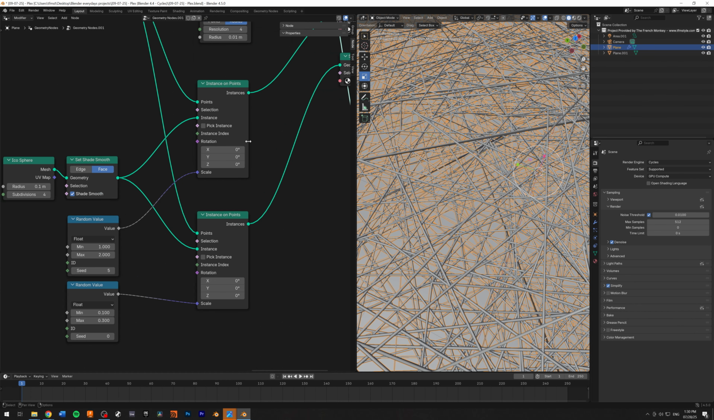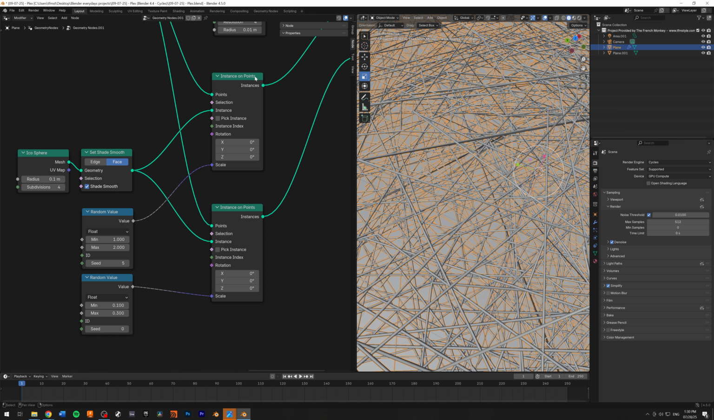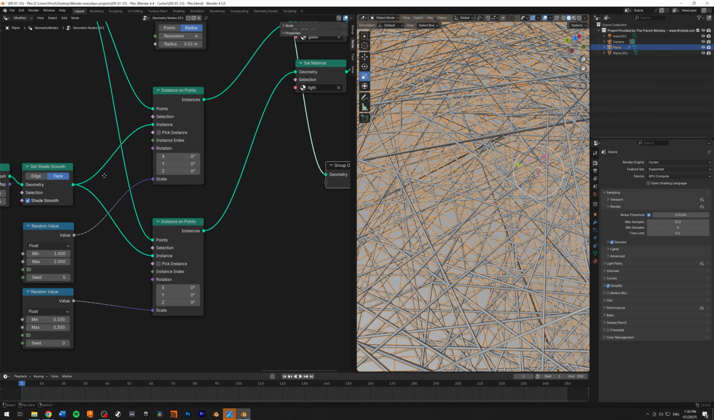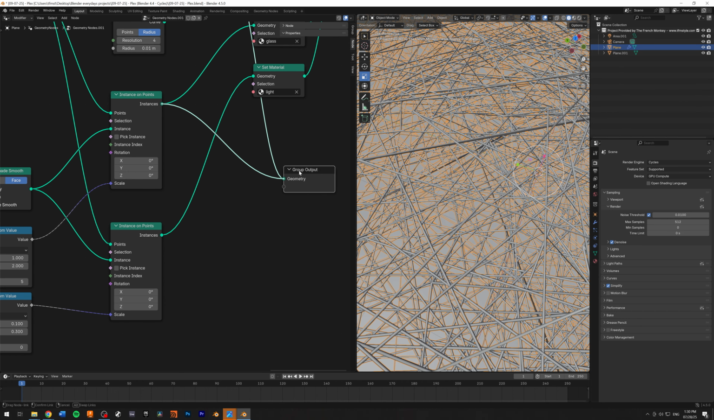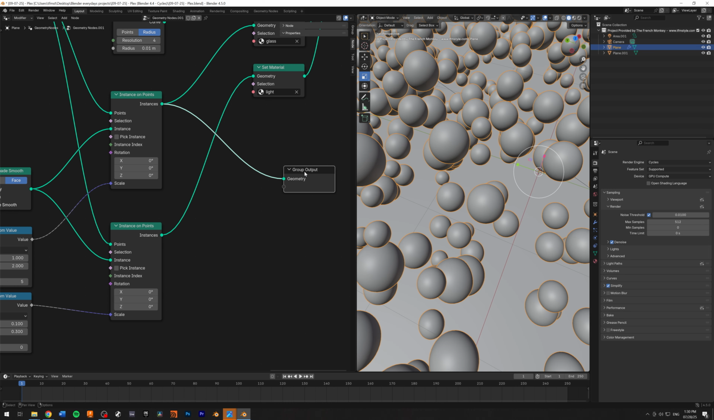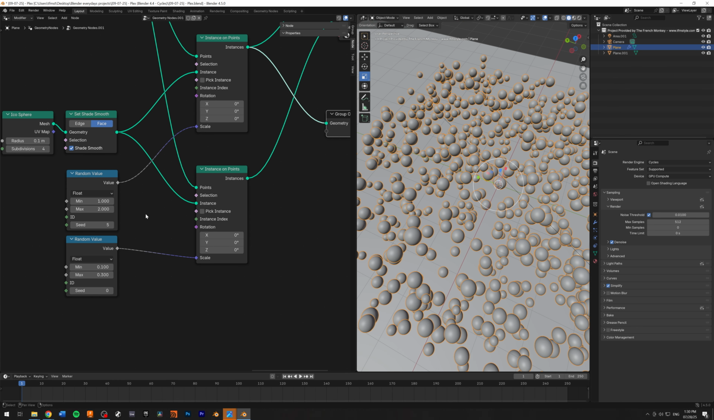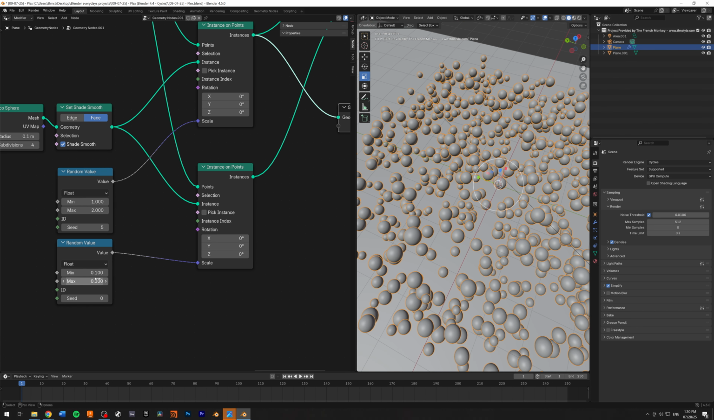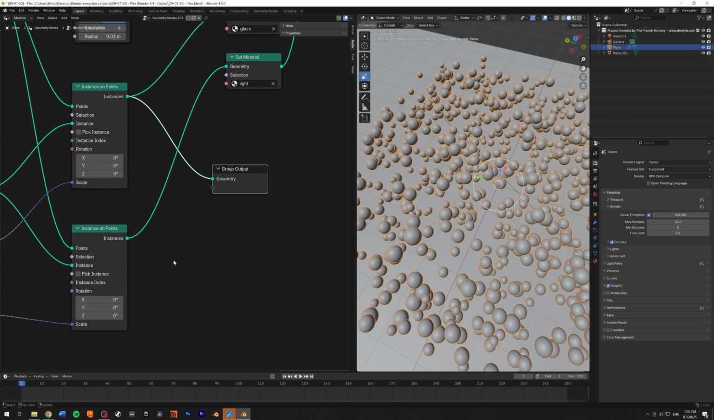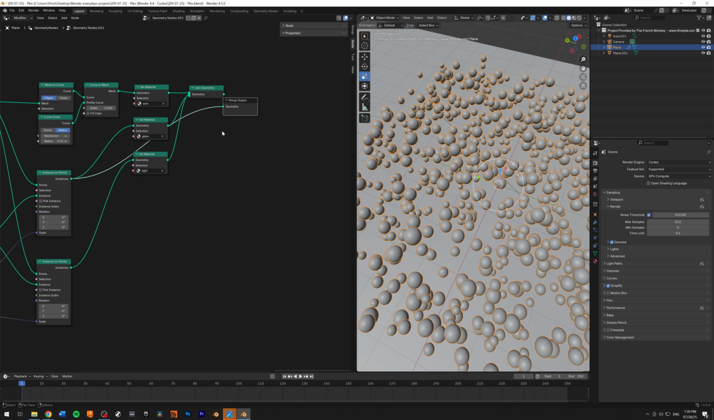Down below, we add instance on point. So we have a UV sphere, set smooth. So here we have only the points. And then below we have the same thing, but with smaller balls. So when you apply everything together,